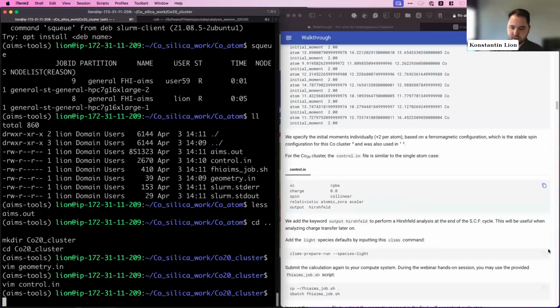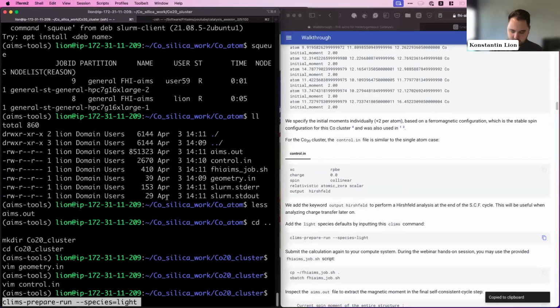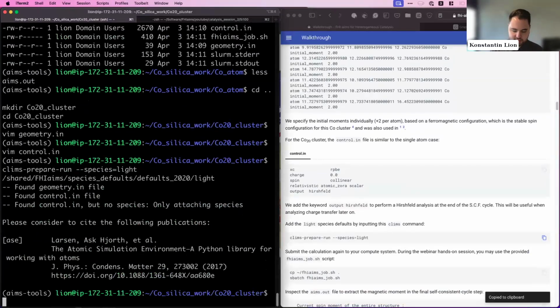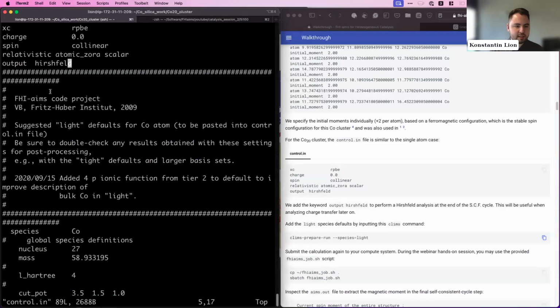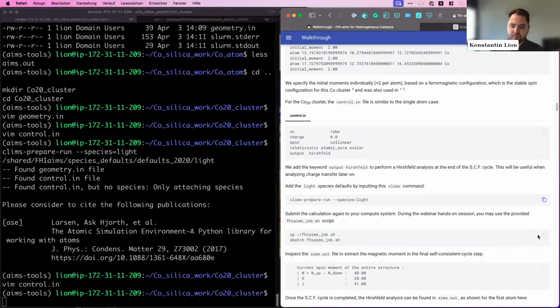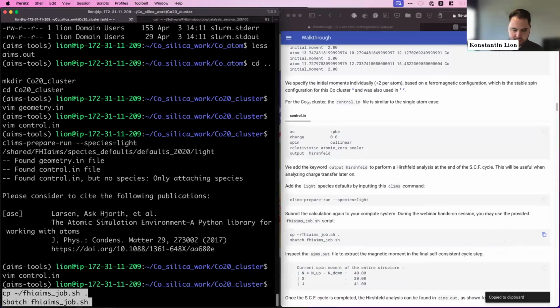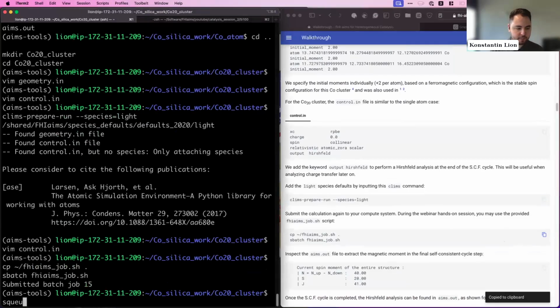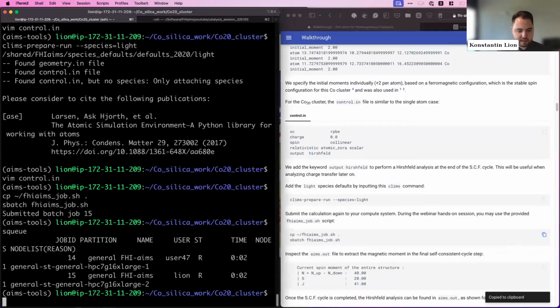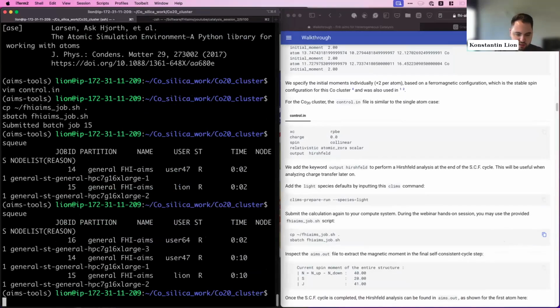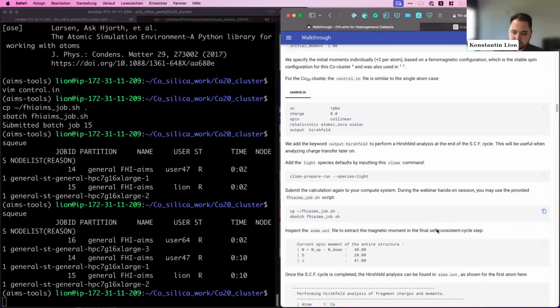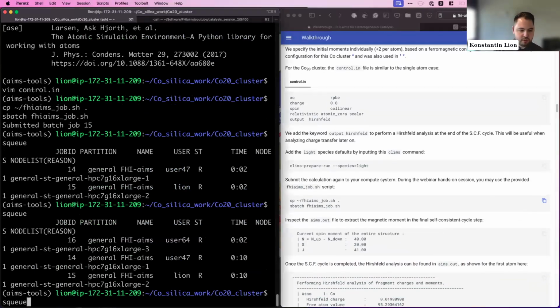And then again, add the light species defaults to this file, quickly verify, yes, we have the light ones for cobalt, and then copy the submission script to your folder and submit. See, some other user was quicker than me, but yeah, great. This is submitted. And just wait a bit. This kind of cluster takes, I think, still less than a minute. So that should be no issue